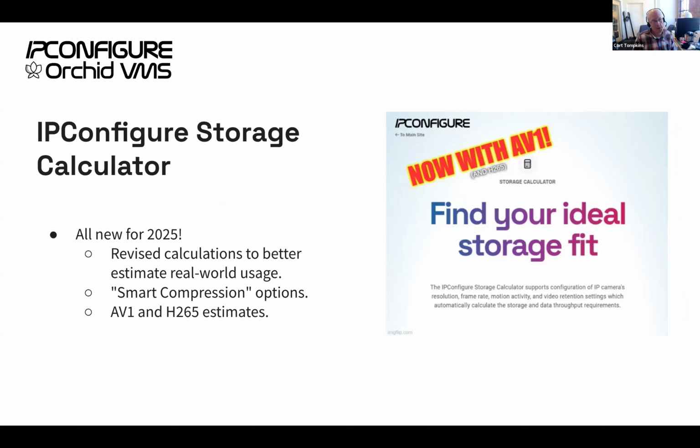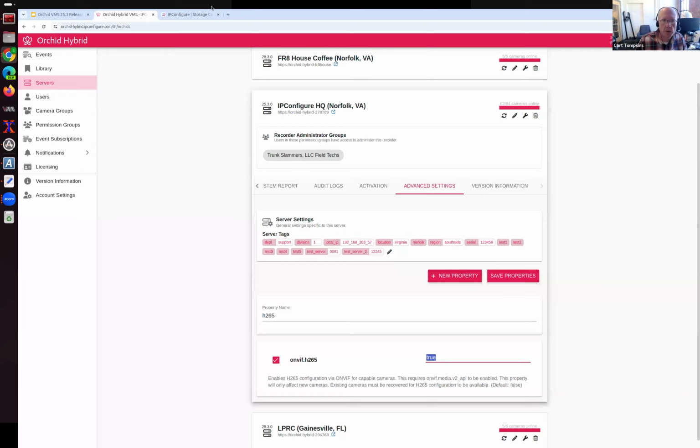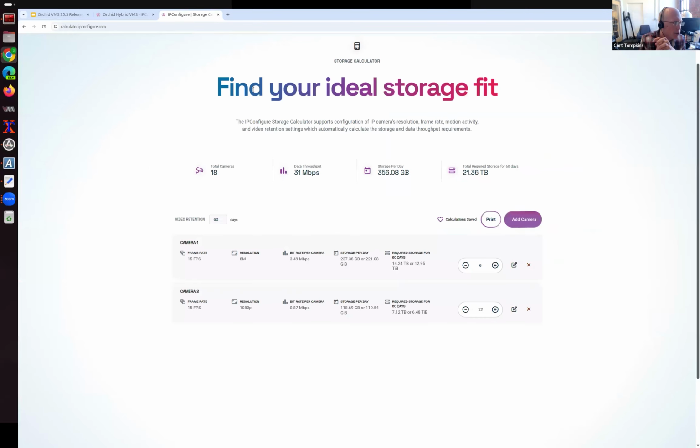As a companion to this new codec support in Orchid, now that Orchid has full support for AV1 and H.265, the IP Configure Storage Calculator has been updated to create estimates for AV1 and H.265, estimates that simulate real-world conditions. If you're not familiar with the IP Configure Storage Calculator, I'll show you that here. So this is